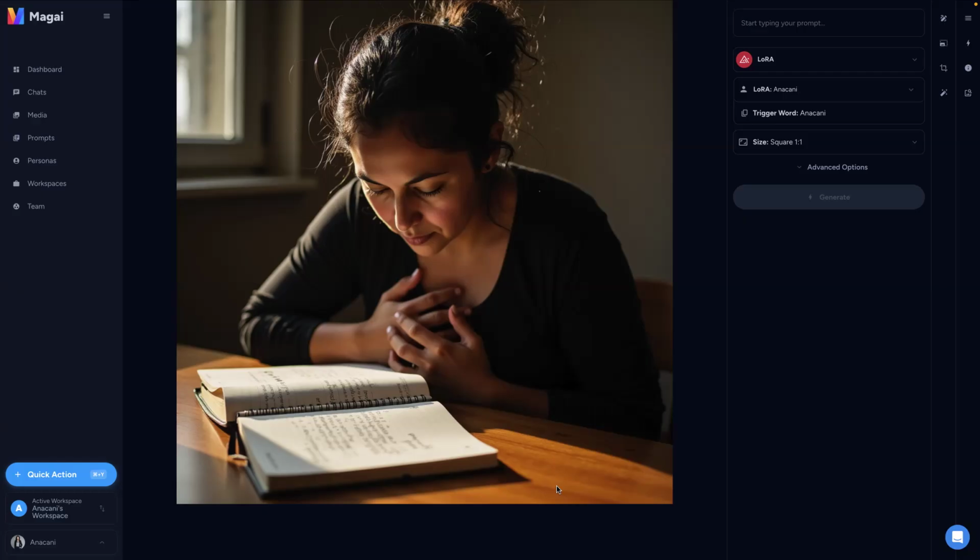Okay, so the feature that I use the most in Magai is essentially Flux LoRA. It allows me to train essentially a custom image model of me. I call it my AI twin. It helps me keep my visuals consistent. It helps me stay on brand without constant photo shoots. And again, it is not about replacing me. It is about supporting my presence. That's how I'm looking at it.